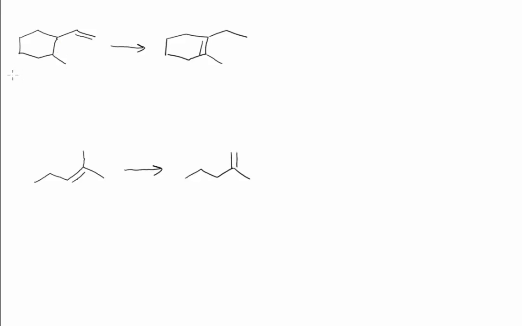Well, first we need to add something to the alkene that gives us a handle that allows us to sort of migrate the alkene over. And so when I look at this, I see a position where there could be an alkene and then another position. So I think we're going to have an alkene intermediate before we actually get to the product. Really, the only thing we can do